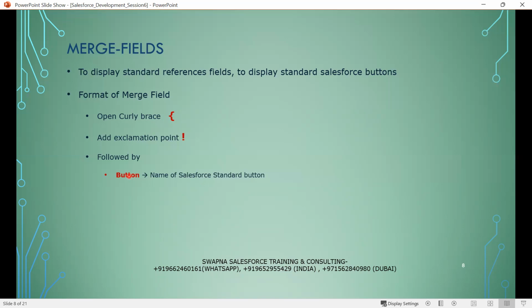If you want to use Salesforce standard buttons in Visualforce, we have a cancel button and a save button. If I want to use these in Visualforce, I have to write name equal to, and after the exclamation, I have to write save. After the exclamation, I have to write cancel. Now, if I want to take a field reference,